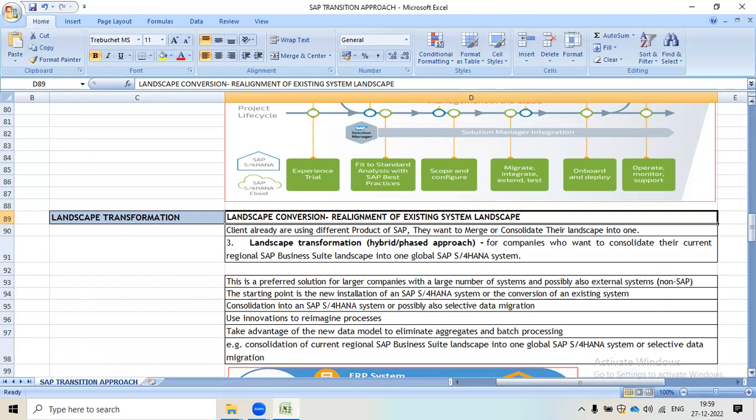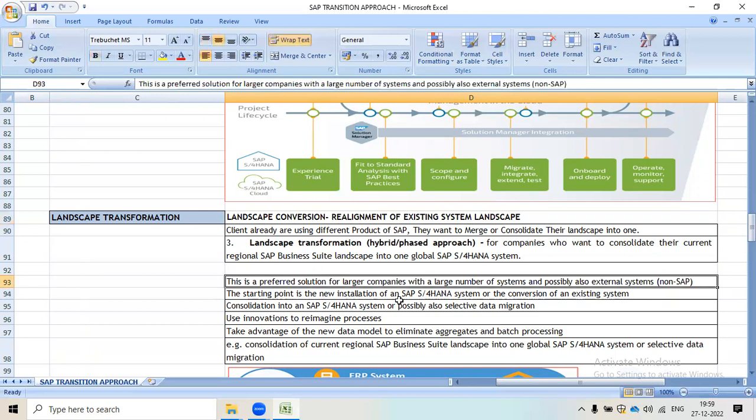This is the preferred solution for larger companies with a larger number of systems and possibly also external systems. The starting point is the new installation of an SAP S/4HANA system or conversion of an existing system, consolidation into an SAP S/4HANA system, or possibly also selective data migration, using innovation to reimagine processes.